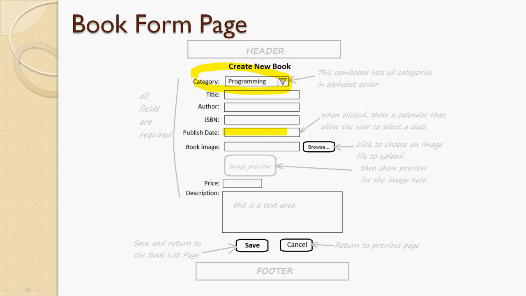For the published date field, when the admin clicks on this field, it shows a calendar that allows the admin to select a date. So we will use the